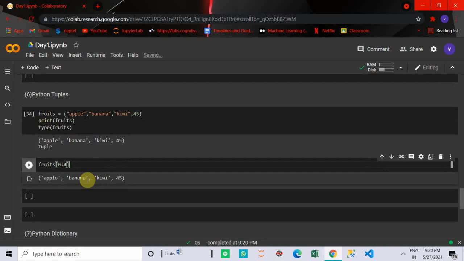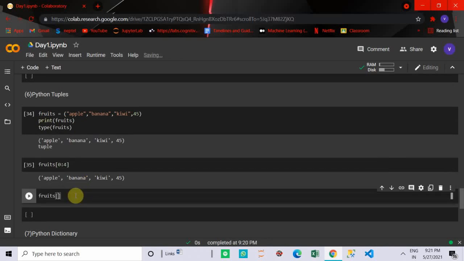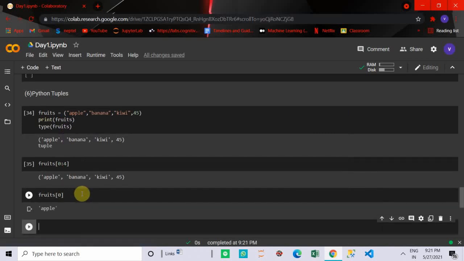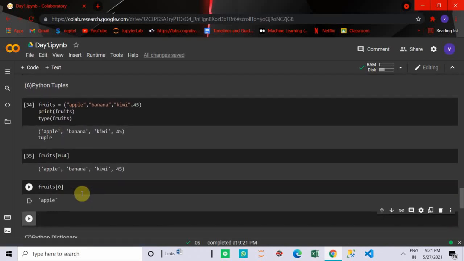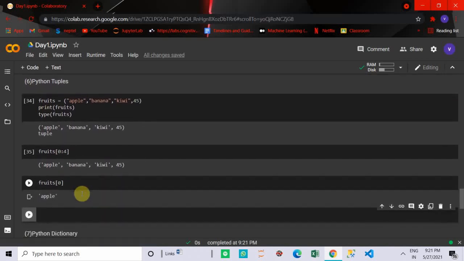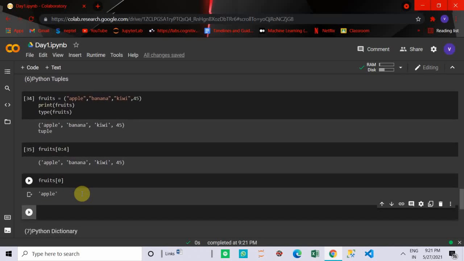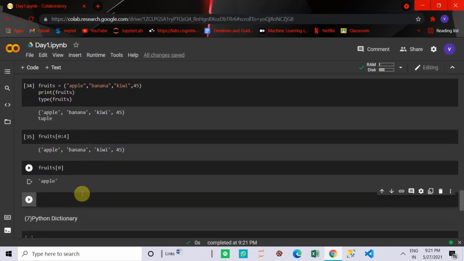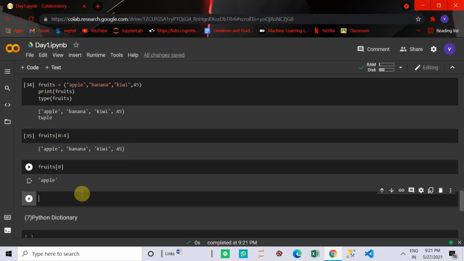Give me one minute. Test of tuple, basically the first element, the 0th index, that is apple. Okay, so we can have this. So we cannot concatenate a tuple, I don't think concatenation is possible in a tuple.